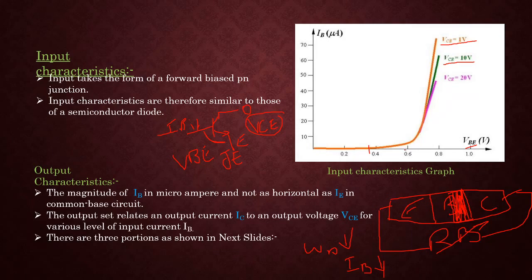Next, we are going to concentrate on output characteristics. In the output characteristics, we have to sketch the plot between VCE versus IC current by maintaining IB current as a constant. In this case, IB current is measured in microamps. It is a small amount of current, and IC current is measured in milliamps. It is a high amount of current, and the curves are not constant like common base. The curves are in a tilted format.